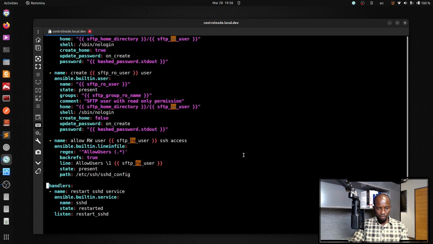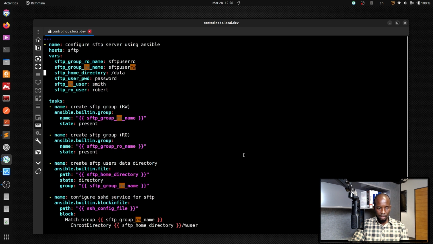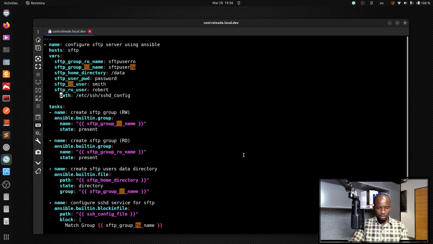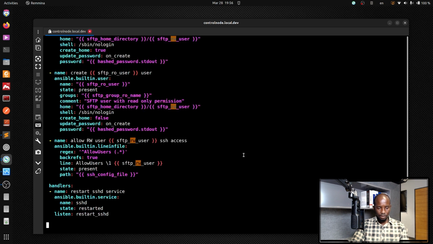Go at the end and paste it here, delete that one, go up and paste it here. So here it will be SFTP SSH config file. Go at the end, everything seems okay. And now if I execute this one,